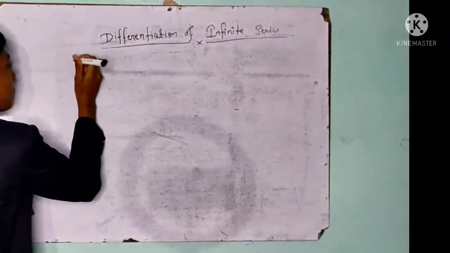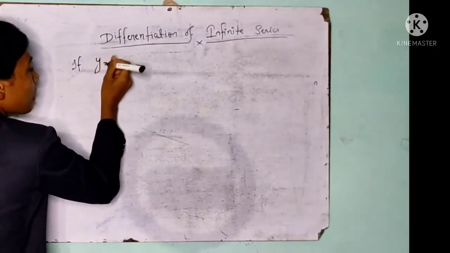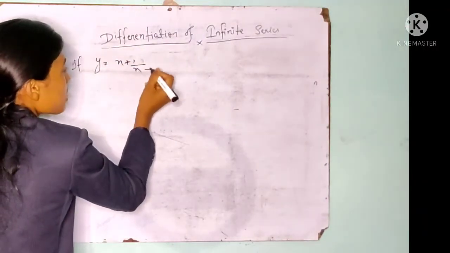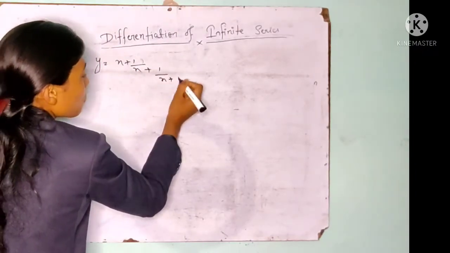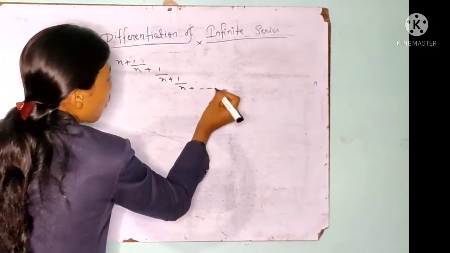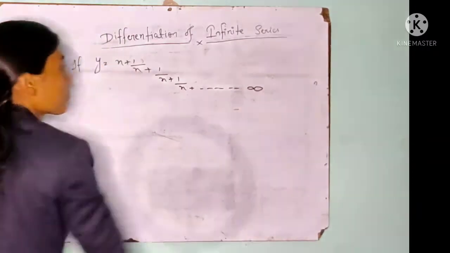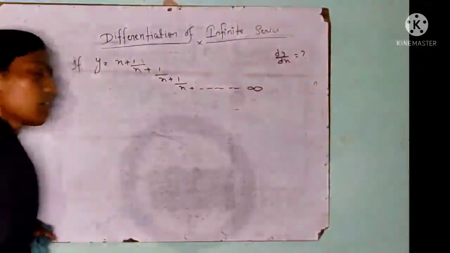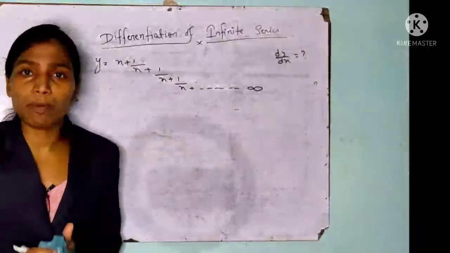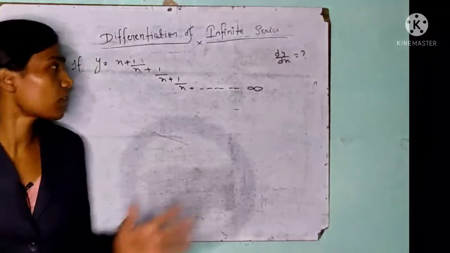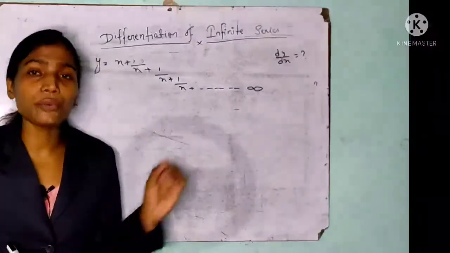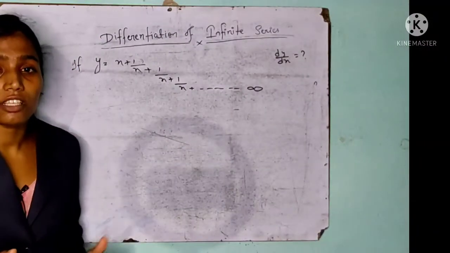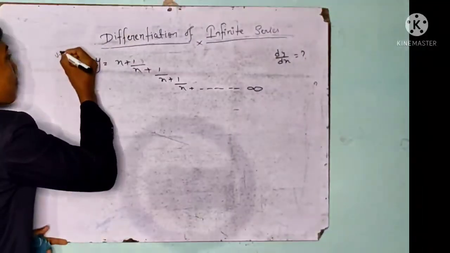Now, the given function is y equals x plus 1 upon x plus 1 upon x plus 1 upon x plus, and so on. They are telling us to find dy by dx. If we see this type of function, it is really very difficult to solve. So first we need to arrange this function by separating it, and only then can we differentiate. This is a very important question, VVI.